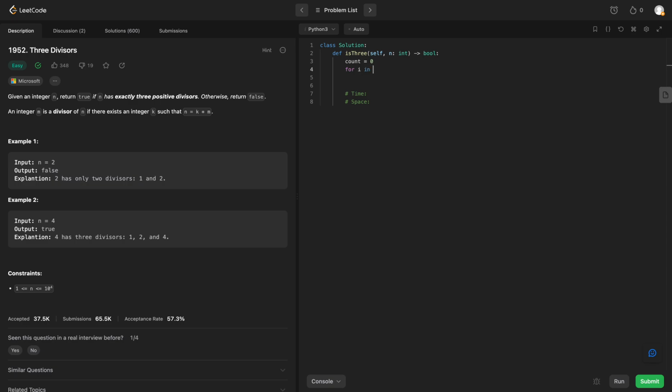So we'll say for i in range 1 to n plus 1, so we can get n inclusive, we will say if i modded by n is equal to 0, we can increment our count by 1, otherwise do nothing, and then at the end we will return count is equal to 3. So let's run this,